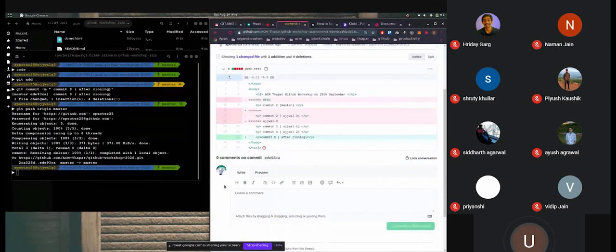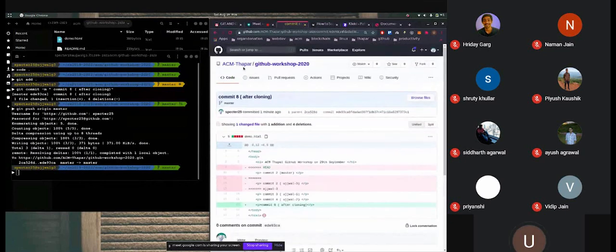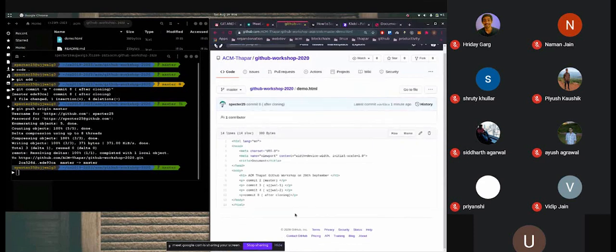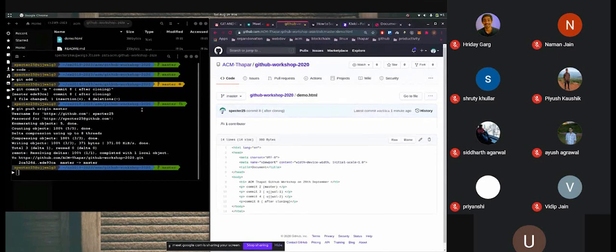And what I did is I added isolate after cloning. These were the changes that I made. If I open this file, this is commit 8. Right. So I have completed git clone, git push, and git pull.